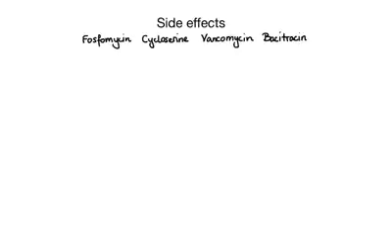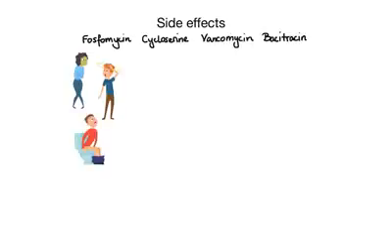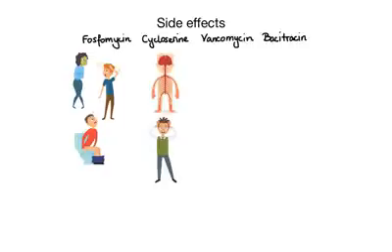So the first one, fosfomycin, is most likely to cause nausea, dizziness, headache, and diarrhea. The second one, cycloserine, has been associated with neurologic and psychiatric disturbances such as peripheral neuropathy, depression, and psychosis. The third one, vancomycin, when administered intravenously, may cause hypotension, along with flushing of the upper body, a condition known as